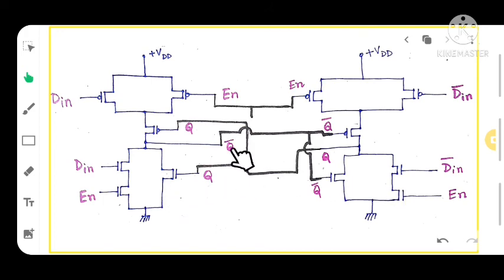Only what I have done is connect the two Q bars together with this Q bar, that is the feedback connection you saw in the first initial circuit, and here two Qs are connected together and also connected here, which is another feedback connection. So this is the overall connection, and the two enable inputs are connected together. You can also connect these two inputs together if you want. This is the overall circuit of a D latch. I hope you understood. Thank you.